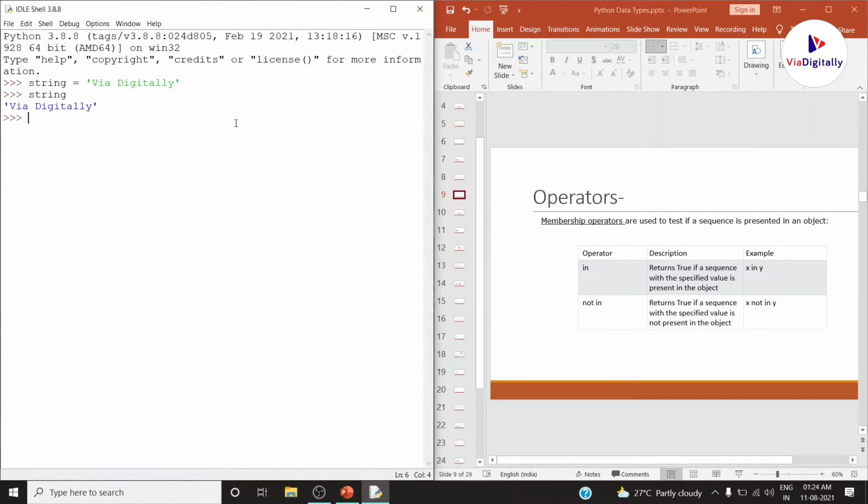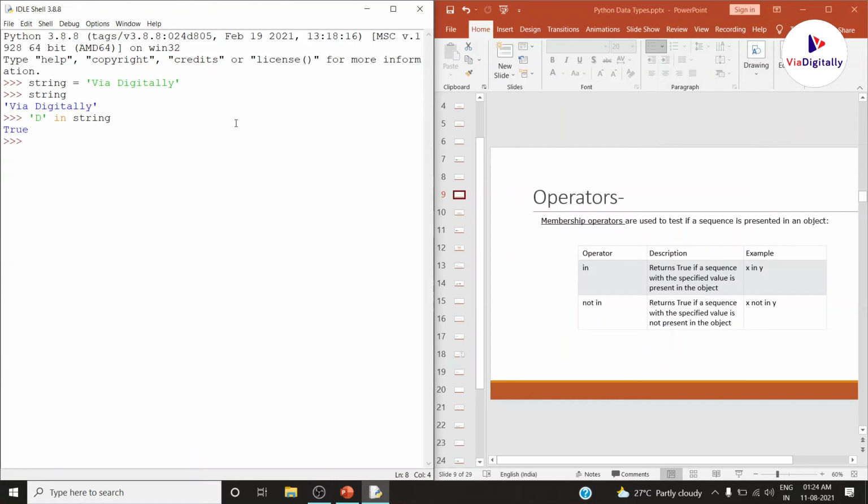It is holding a string called via digitally. Now I want to check whether capital D is present in my string or not. It is a simple program in Python. Just pass character D in string. It's simply throwing true because the capital D is present in the string.